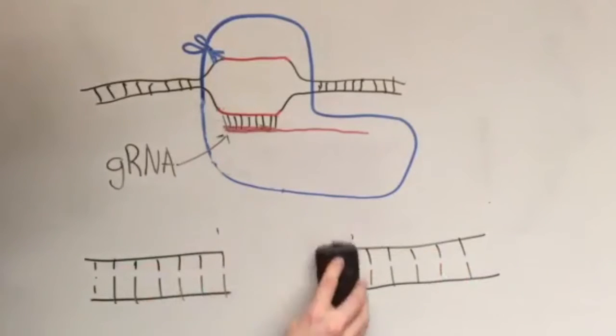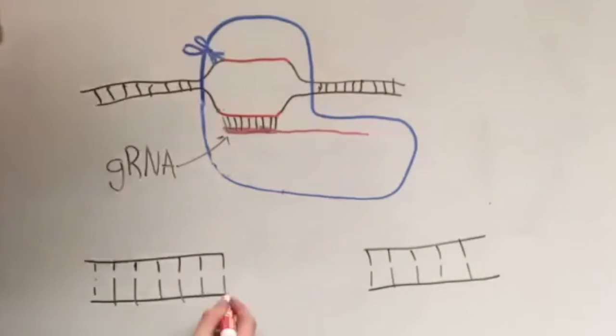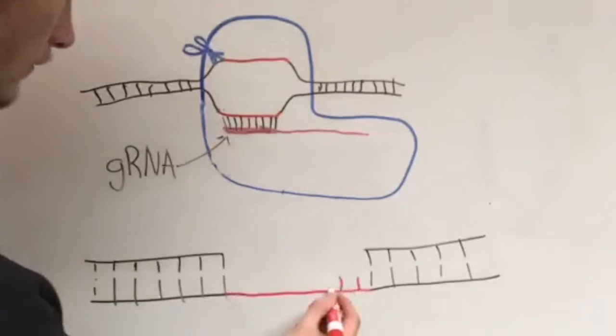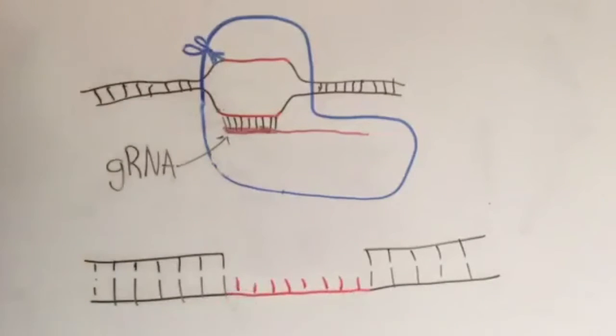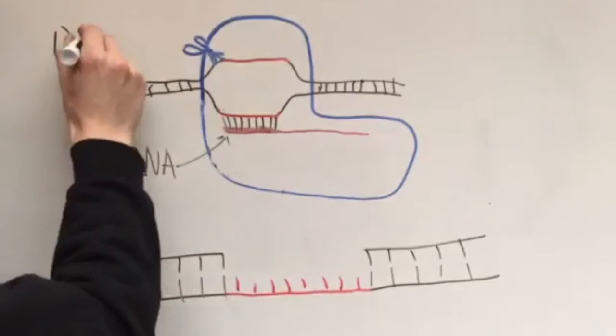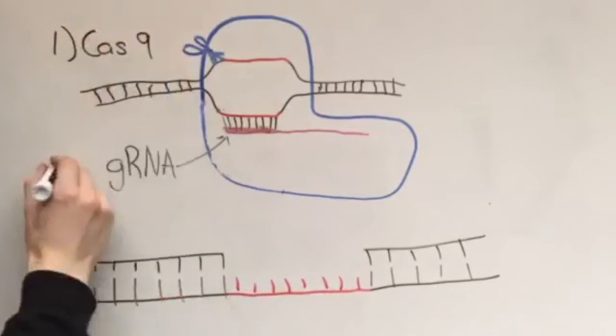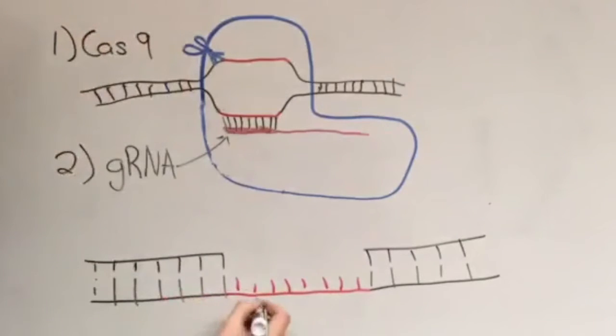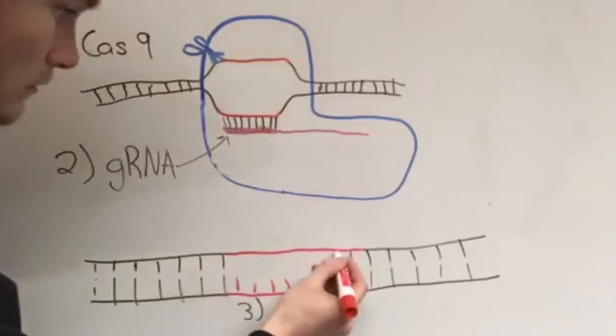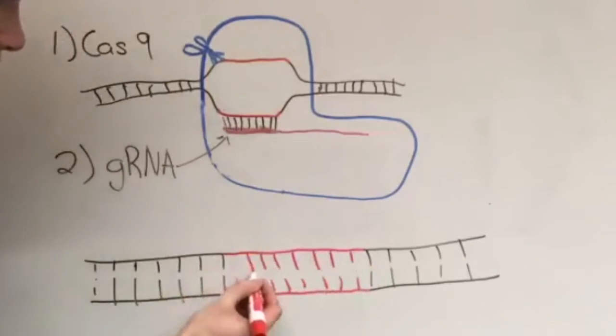Let's say we want to make this more complex. Instead of just breaking a gene, we now want to insert a new gene. We will now need 3 parts: a Cas9 protein, a guide RNA, and a host DNA that we want to put in. As we break the DNA, the host DNA is going to be added, then the DNA is going to fix it, thus adding DNA to the cell.